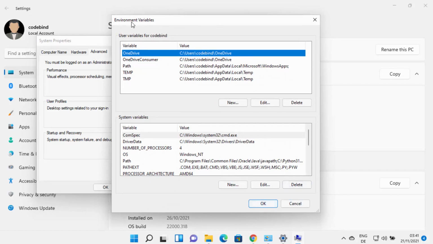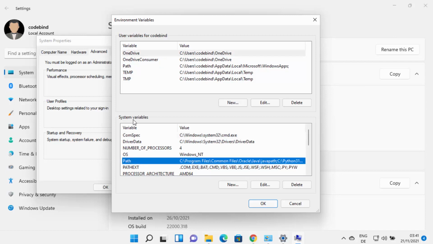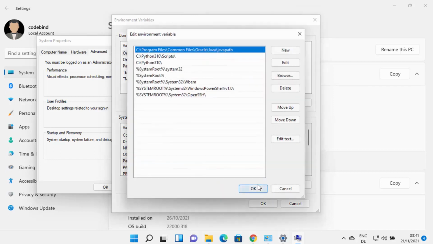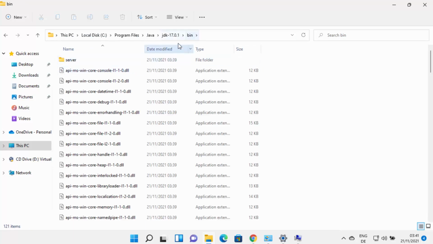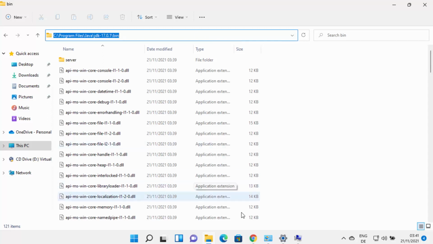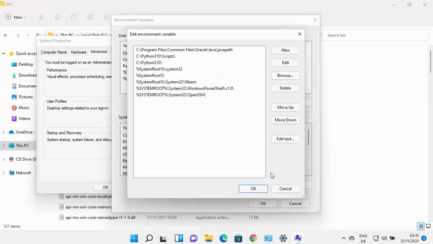So you can choose any method to open this environment variable window, and once this is open, you need to click on the path environment variable under system variables and then click on edit. And here you need to add the path to your JDK folder binaries. So go to the folder where we have installed Java until the JDK folder, and then click on bin folder. So we need to go inside the bin folder inside this JDK folder and then copy the path, right? So until bin, and then copy this path from here, go to the environment variable window once again, and then